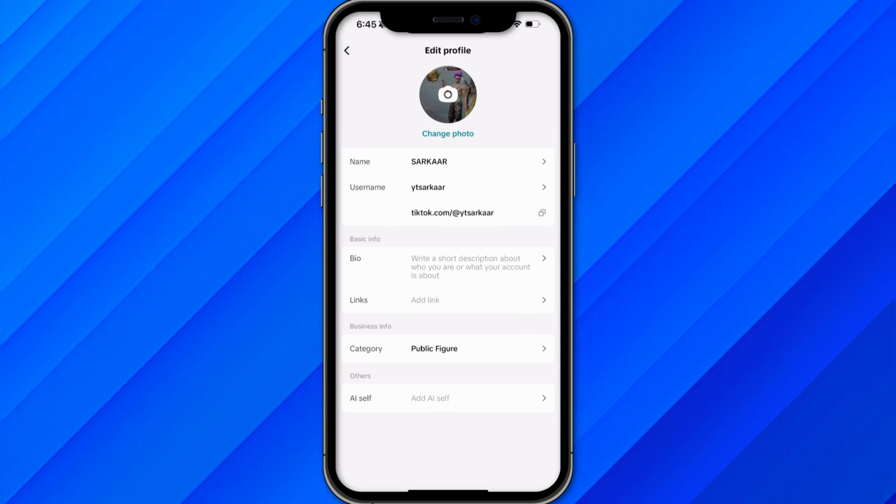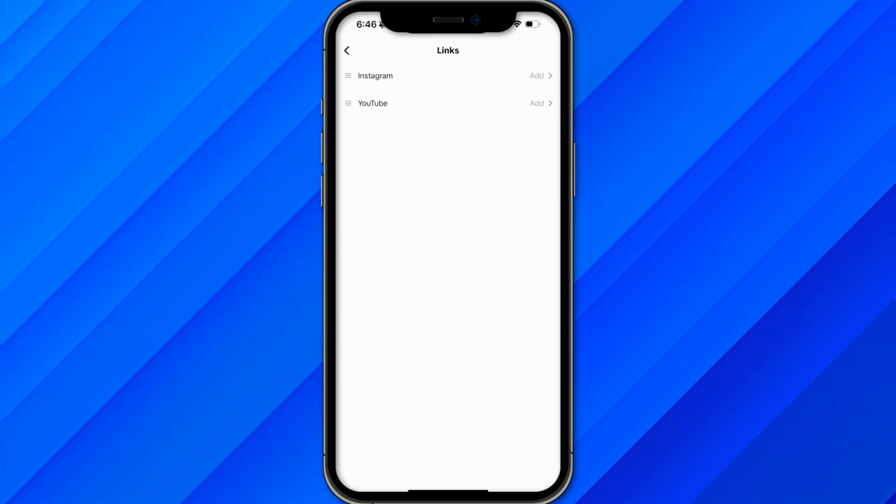see multiple options like name, username, bio, and the link option as well. So just click on add links, and once you click on add link, as you can see, I see the option to add the Instagram link or the YouTube link. So in our case, we are going to talk about Instagram, so just click on add, and once you